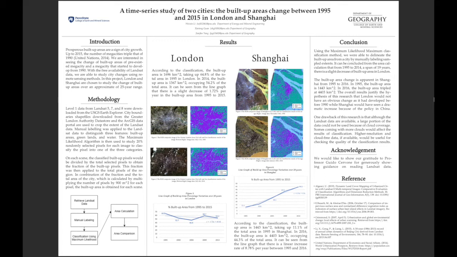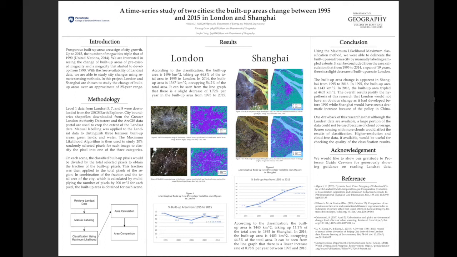The maximum likelihood algorithm was then able to read through the characteristics of each Landsat band of these labels. 20% of the pixels were then randomly selected from the image. The algorithm would use the characteristics to classify these unlabeled pixels. The results of the classification were then plotted on the image to determine the number of pixels that were classified as